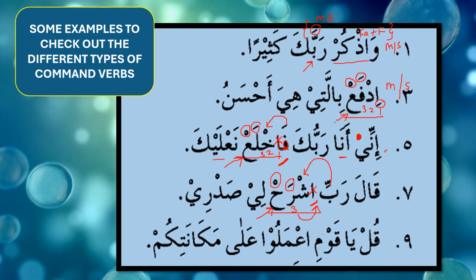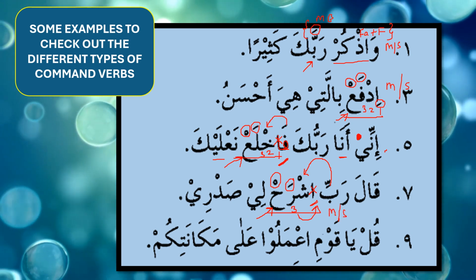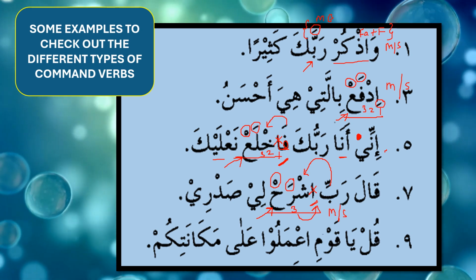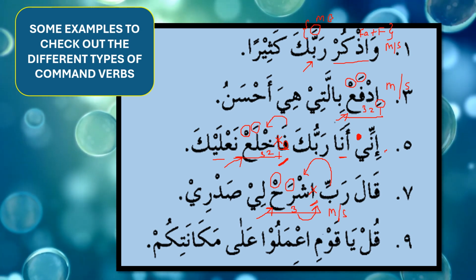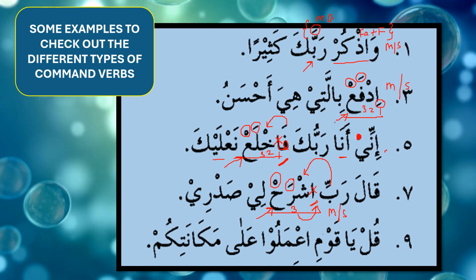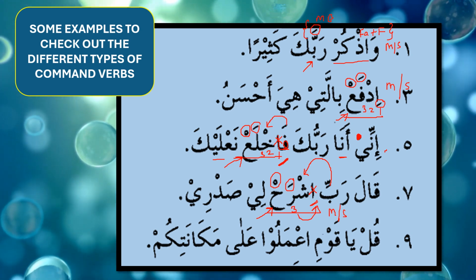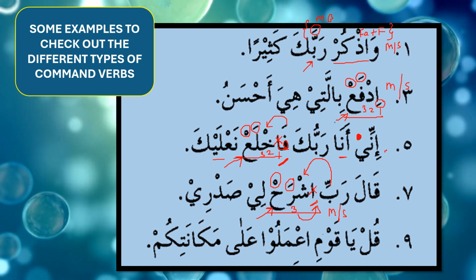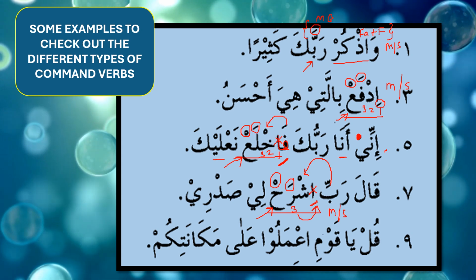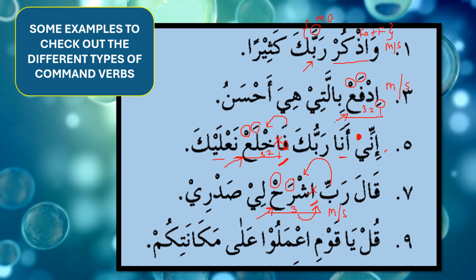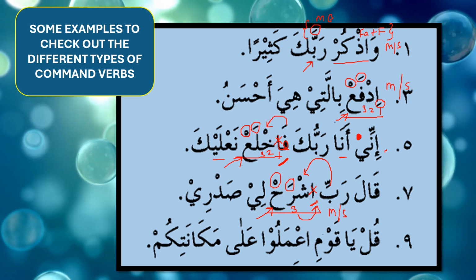So this means that this command is for male singular, taqdiruhu anta, and who is saying this? Musa alayhi salam is making a dua, and remember this command verb is coming as a dua to Allah subhanahu wa ta'ala. Why? Because Musa alayhi salam, who is Bashar, is making a request to Allah subhanahu wa ta'ala. Remember, from the lower rank to higher rank, it is no longer a command, it is a dua. So ishrah li sadri means open my chest